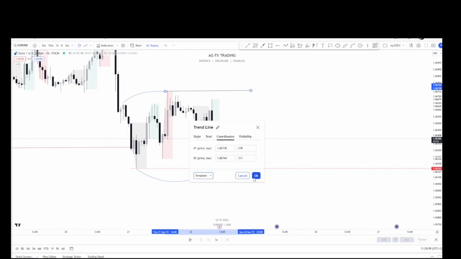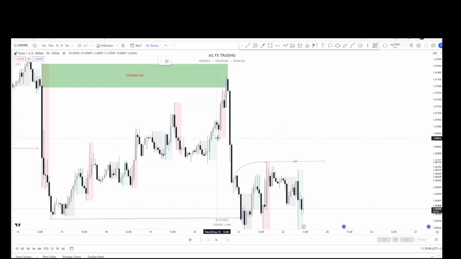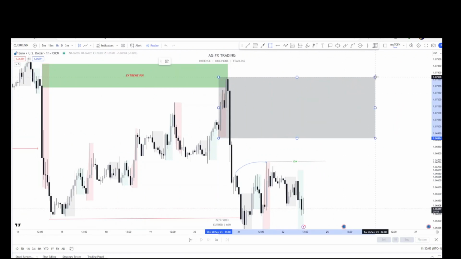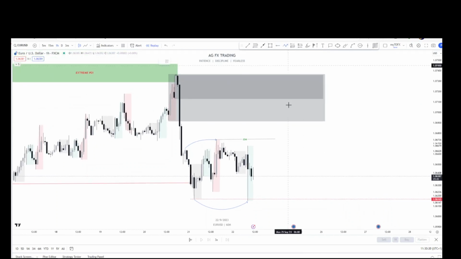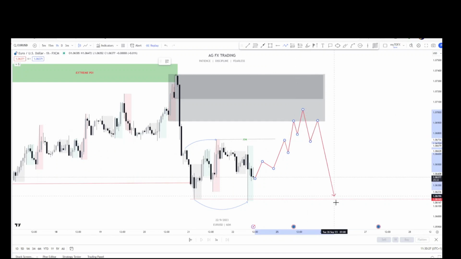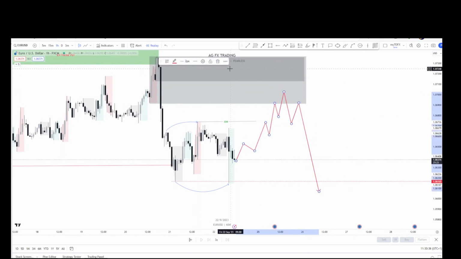Now with the 1 hour inducement, what I'm looking for is that we still have this extreme. This is the order flow, extreme order flow, and this is the order block. If by chance we didn't see a close below here, then we can see a move to the upside to take out this new inducement. Then from here we can look for our entry criteria to take out this low and close below. That is one scenario. Scenario 2